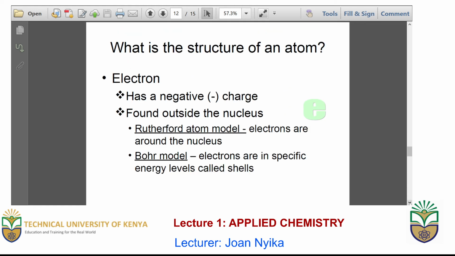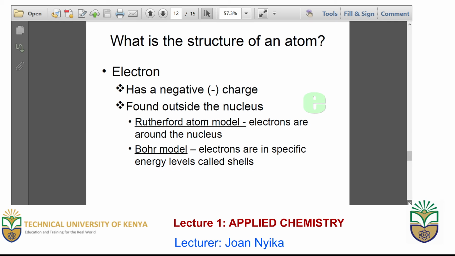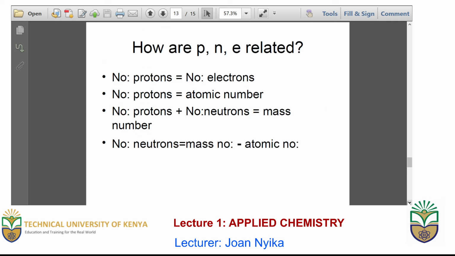What is an electron? An electron is negatively charged. It is found outside the nucleus. According to Rutherford's atomic model, electrons are found around the nucleus, while in Bohr's model electrons are in specific energy levels, what we call shells. Examples are the K, L, M, and N shells that can only occupy a specific number of electrons. After understanding what a neutron, a proton and an electron are,